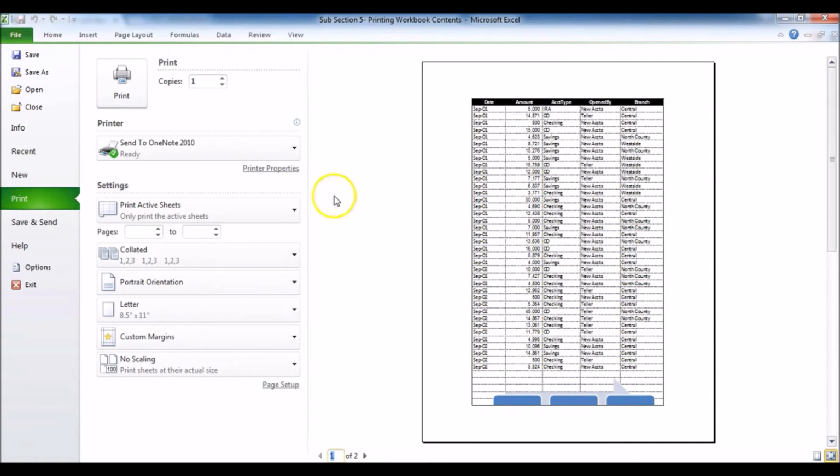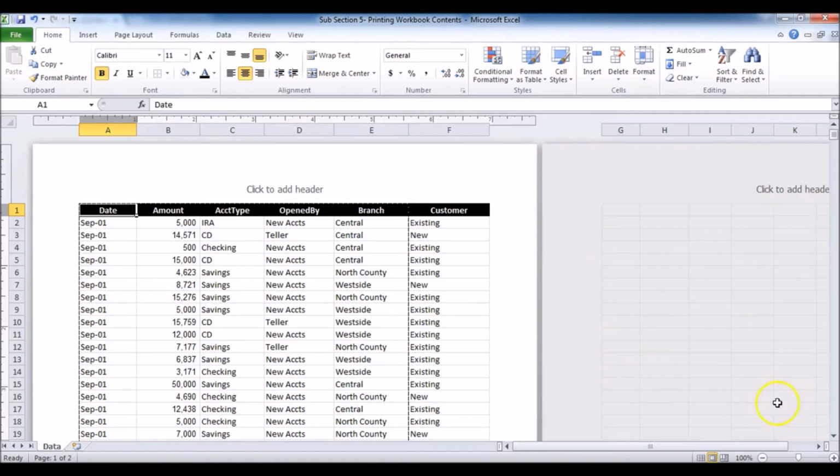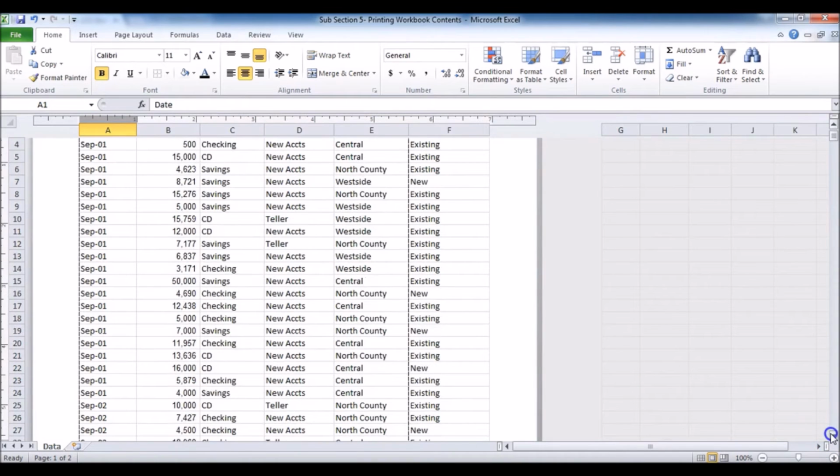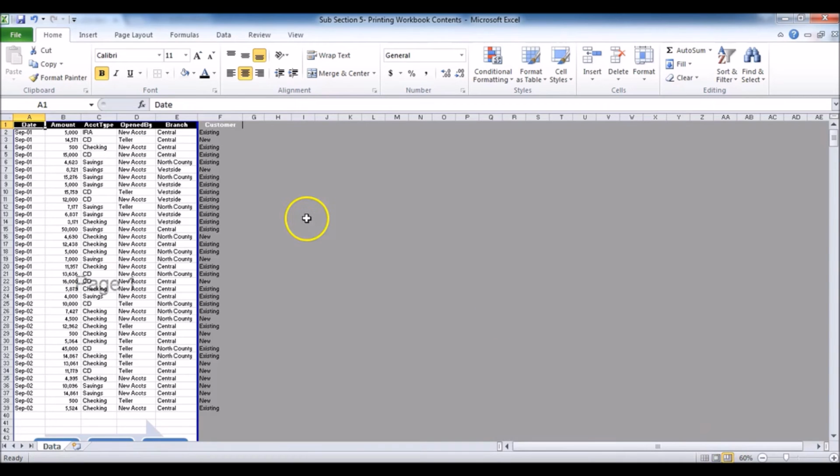Beyond that, there are a lot of things that we can work upon. We have to go to the Home tab first, and still a few things are not matching correctly. Right now we are in the normal mode. We can go to the page layout or page break preview. If we go to the page layout view, this looks like this. But this is actually not a page layout. The best way to go is this page break preview.